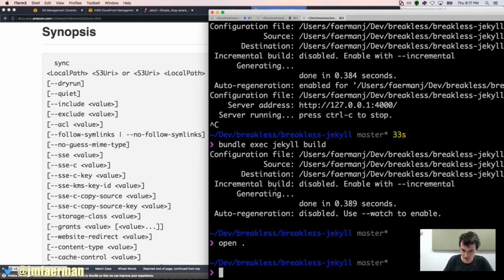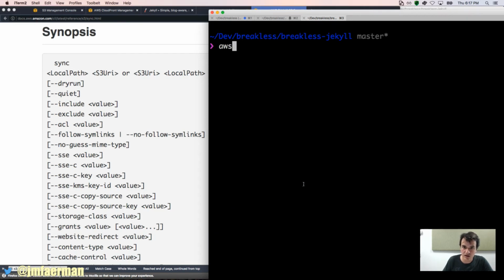This is quite important, so let me give it more space. So aws s3 sync is our base command, and we need to add a few things. One important thing is to add the region that you want to work in. The region here is going to be us-east-1,